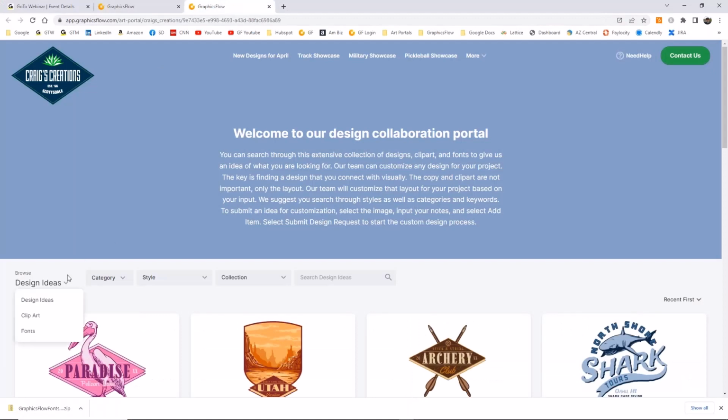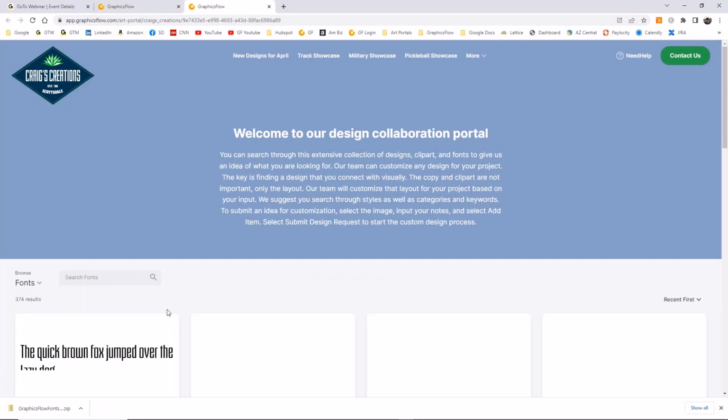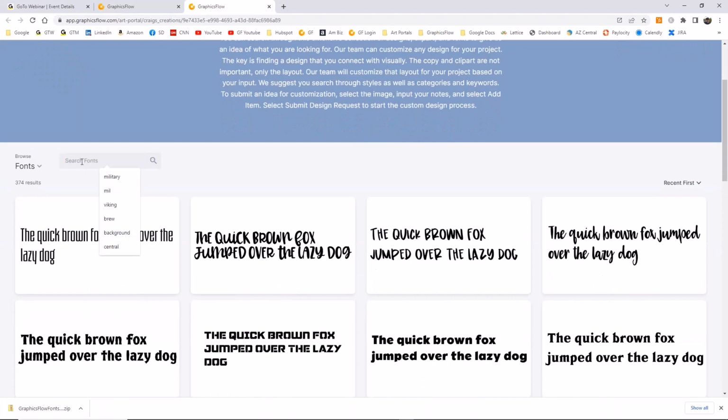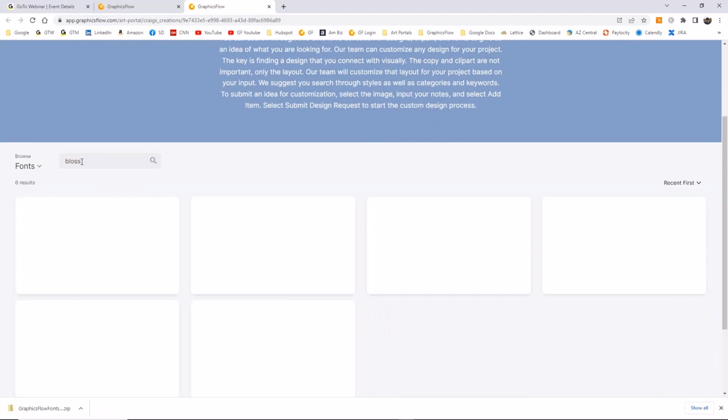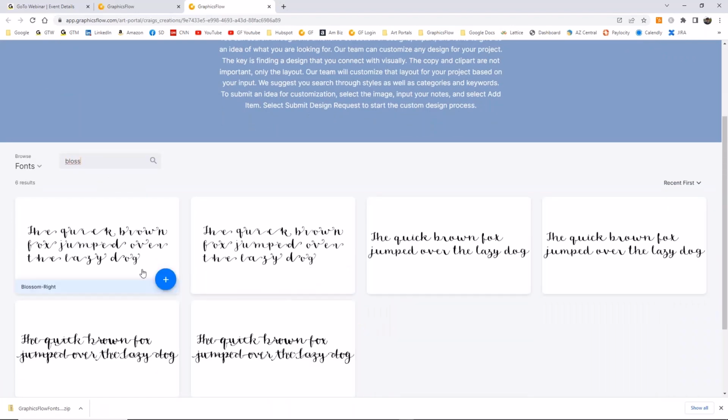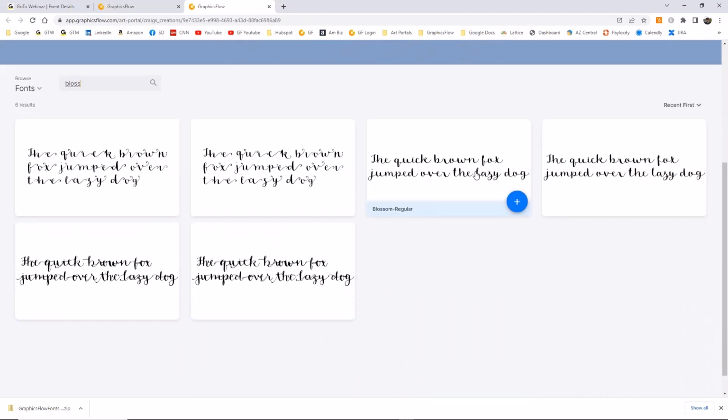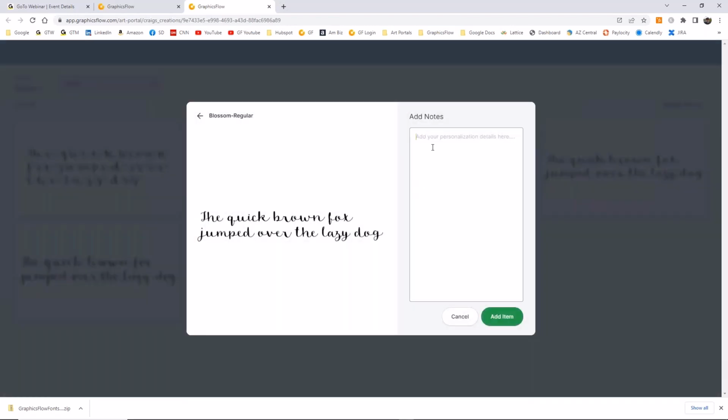If they go down here to design ideas and say fonts, and in this case, what they did is they selected the Blossom font, and I think they did the Blossom regular version, which is right here. And they said, hey, can you type this in? What did they say? I think they said, I would like this in this font at 1x4 with the words